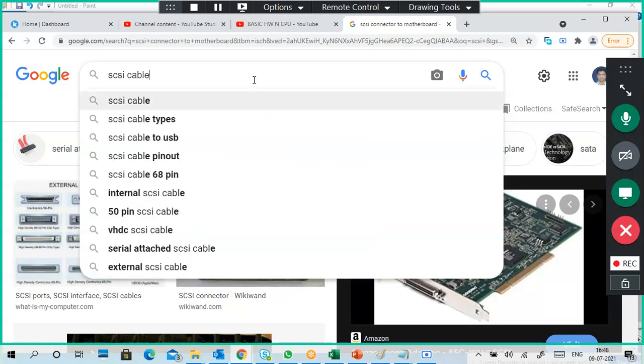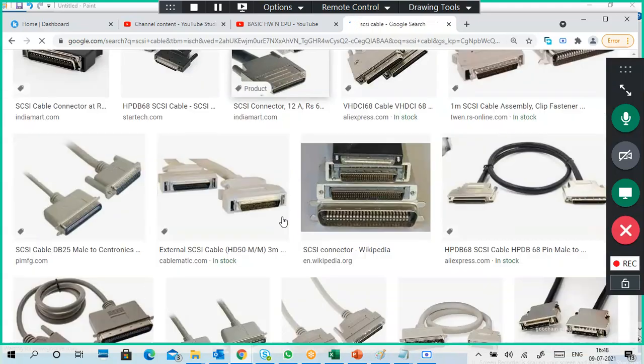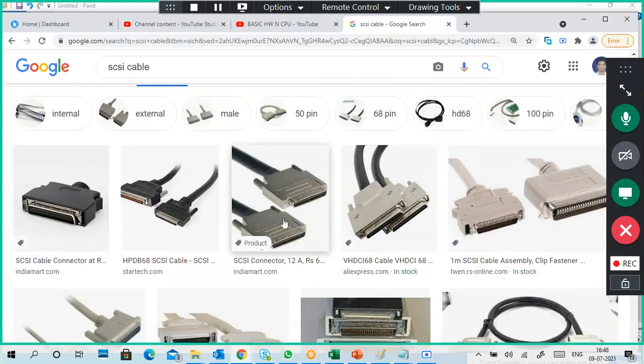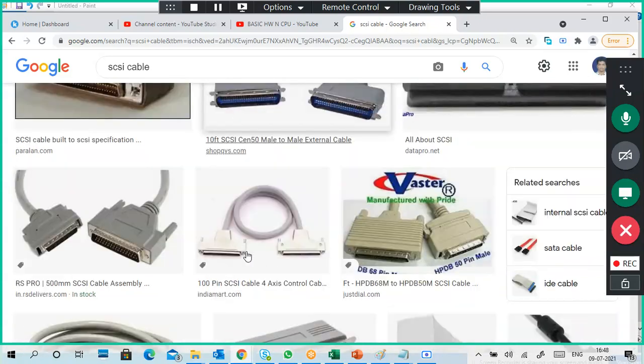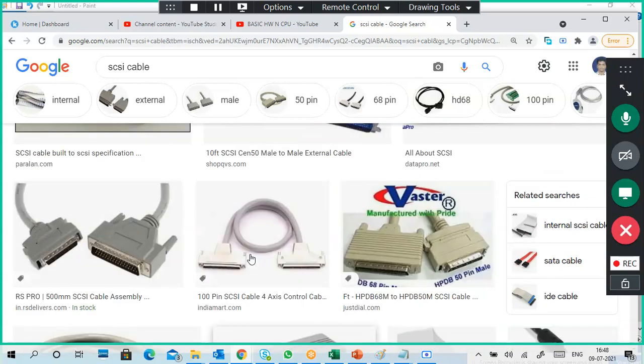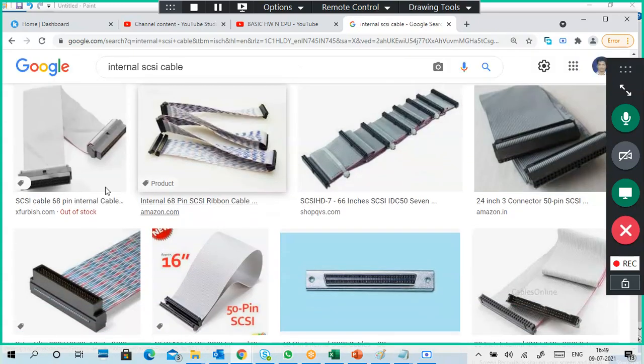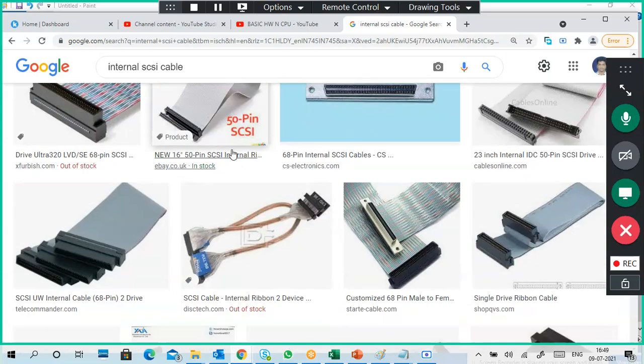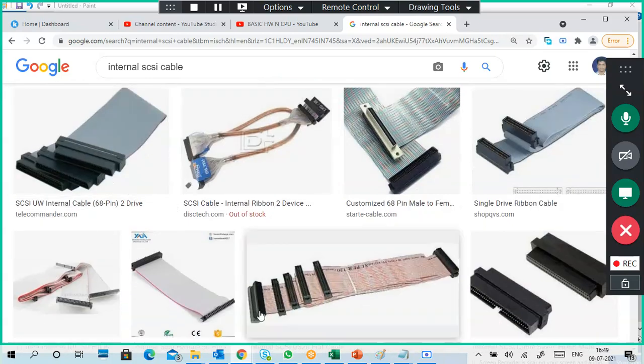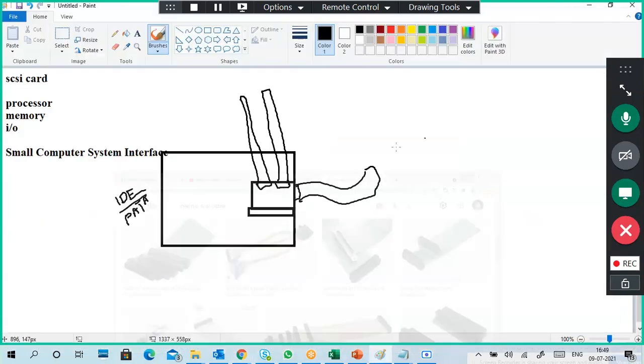These are different types of connectors. I will go to the cable. This is a direct connection from a device to an external device, to an internal one, but I need a ribbon cable. Yes, internal SCSI cables. Can you see? There are multiple foldings, which means many connectors are on this one. It's a long ribbon cable with many connecting interfaces like this. I am not good at drawing in Paintbrush.